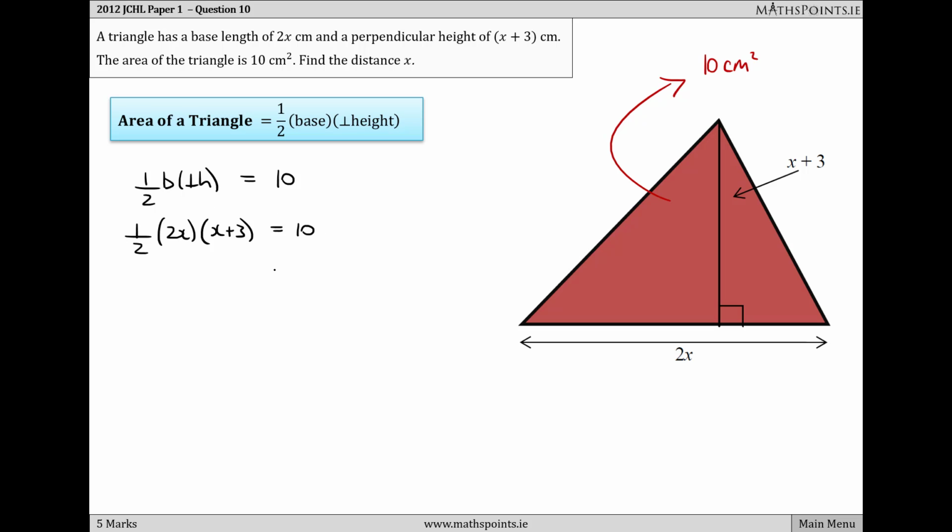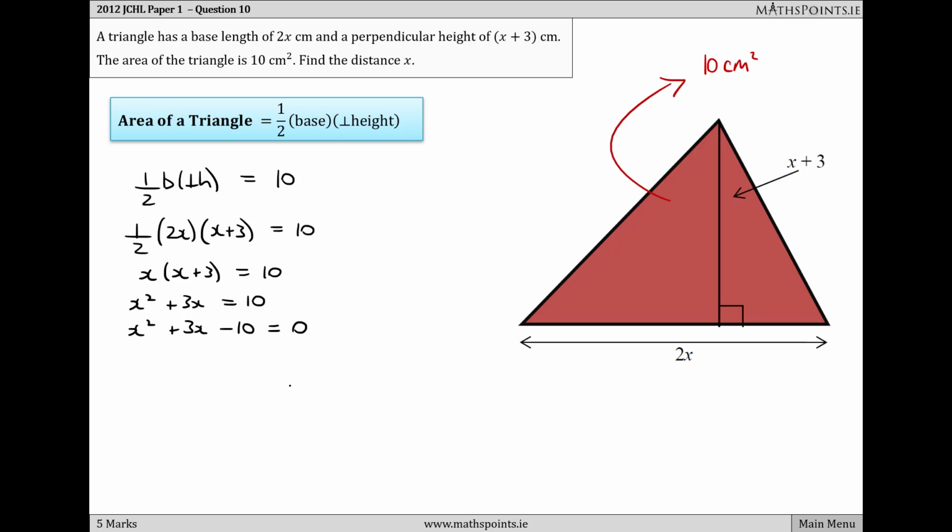I could get rid of the fractions by multiplying both sides by 2, but I can see that a half of 2x is simply going to be x. So I have x on x plus 3 is equal to 10. I'm going to multiply out the brackets and I get x by x is x squared, x times 3 is 3x, equals 10. And I can see that this resembles a quadratic equation. We're going to need all the terms on the left hand side. So we have x squared plus 3x, and if I subtract 10 from both sides I have minus 10